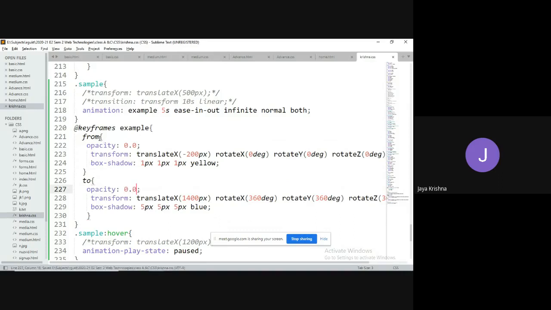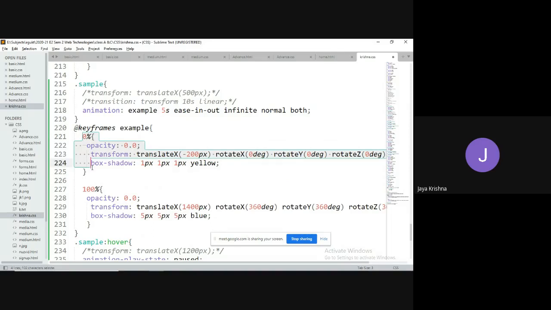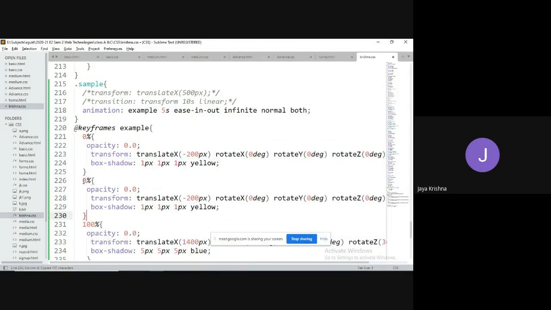Instead of using from, I am going to take 0%, and this as 100%. Now I will copy this entire thing and make it for 50%. In 50%, I'm going to define the opacity as 1.0.